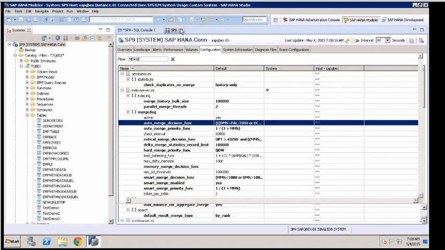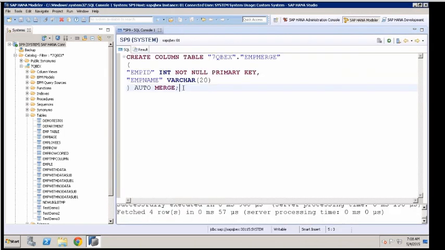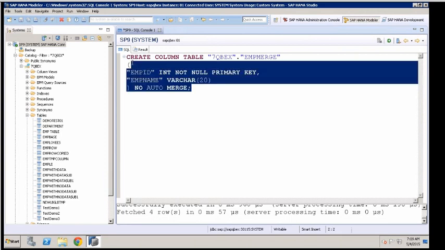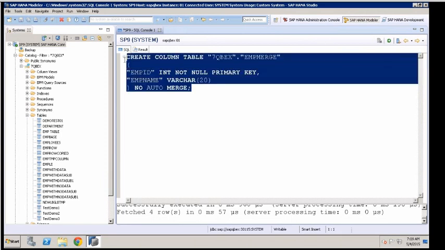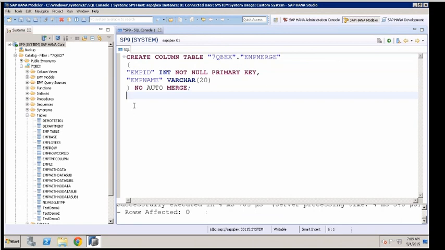Let me show you. But now I'm saying what? No auto merge means what? Merge dog will not trigger any merging. I would like to do merging manually by myself here. Execute this.